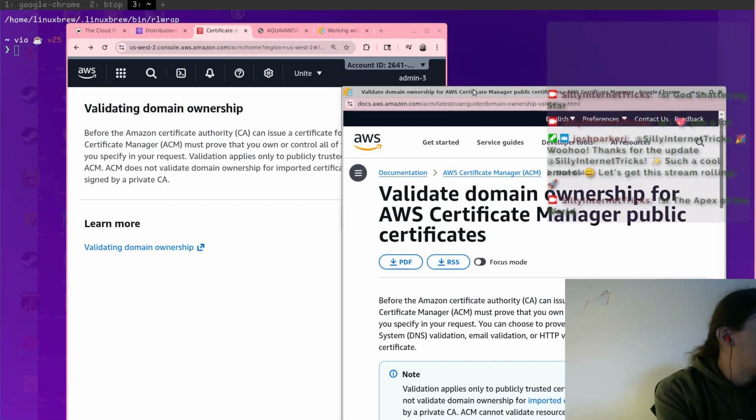So I'm going to go request a certificate. If I hit request now, let's see what it says. Pending validation. Further action is needed. And what is the further action? Let's see. Create records. Okay, so it's successfully created.